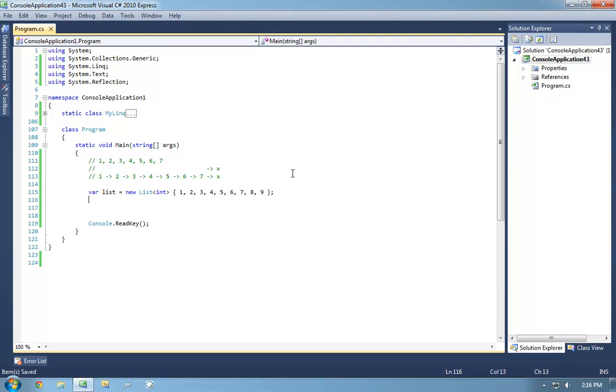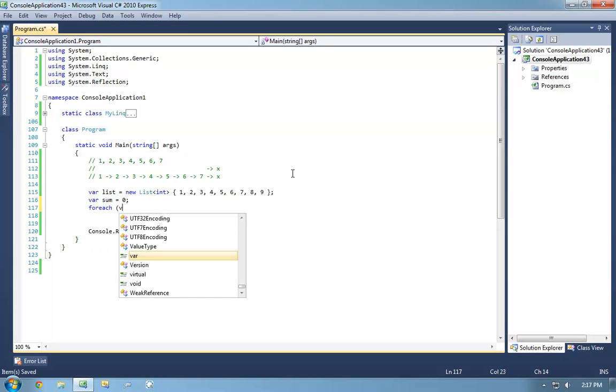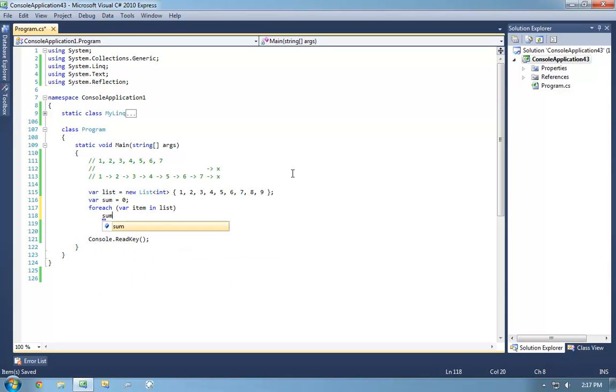The first implementation of a sum that a person might do is this. I hope this code needs no explaining. That's something that a person would typically do. But if you look at it closely, this code follows the pattern of folding or aggregating.